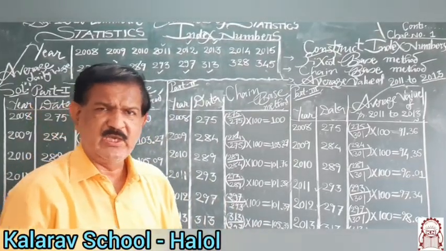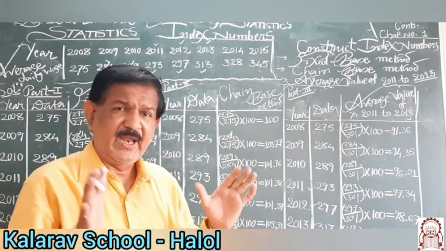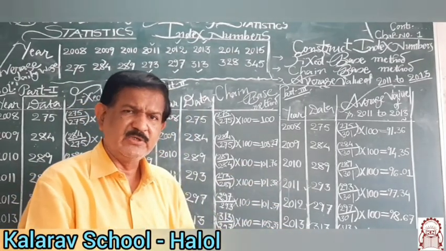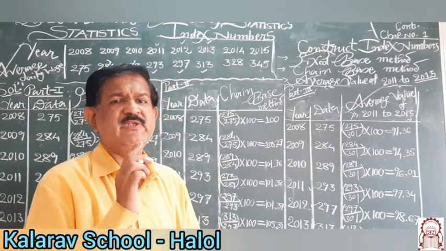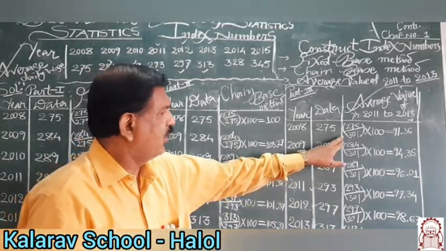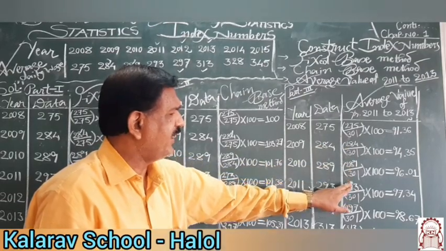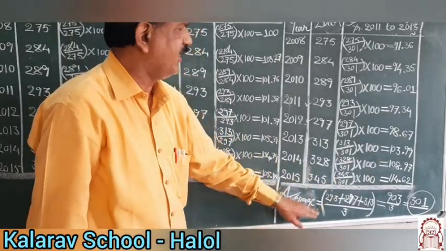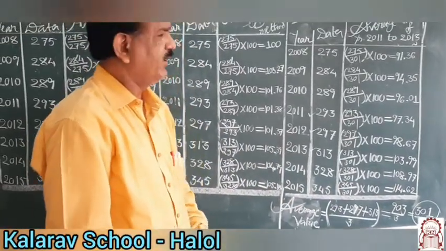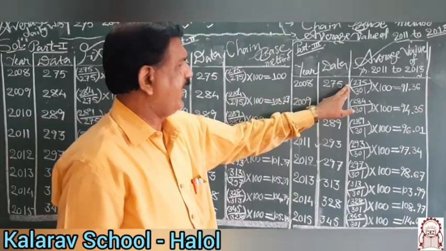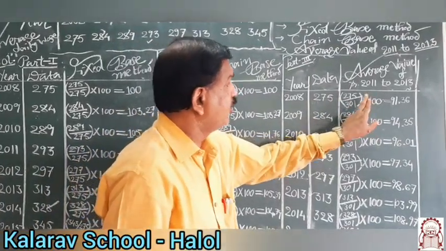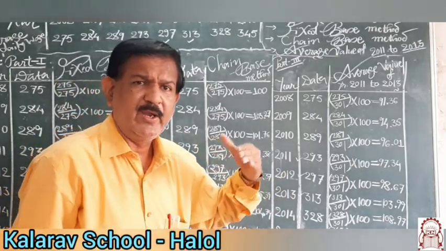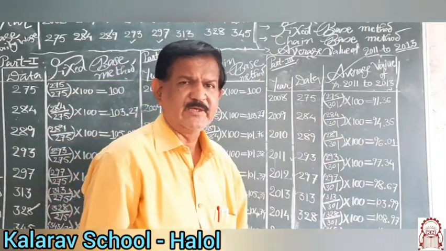In the textbook, if you see, 1.1, the basic primary methods for constructing index numbers: fixed base method, chain base method, and by using average value. So, in the denominator of each and every year, by taking the 301 value, which is the average value of these 3 years, you will get the index numbers. For example, 275 upon 301 into 100. Always multiply by 100 in order to express the term in percentage.